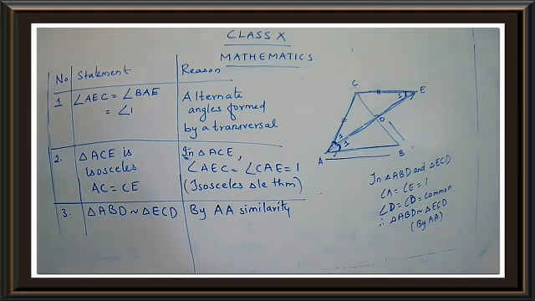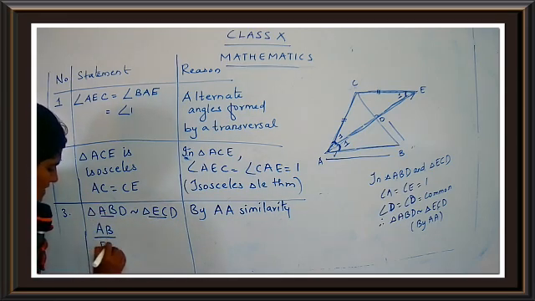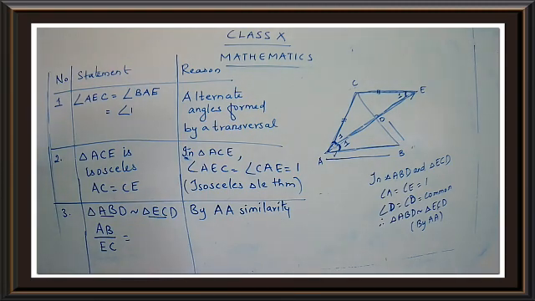If the triangles are similar, we can write the proportional sides. So let us write the proportional sides. It's AB upon EC, the first two, is equal to the second and third, that is BD upon CD. So here they have just taken two proportional sides. We can have one more proportional side, but in the theorem, I think these two ratios are enough. So AB upon EC is equal to BD upon CD. These are the corresponding sides. Have you taken down this point, children?